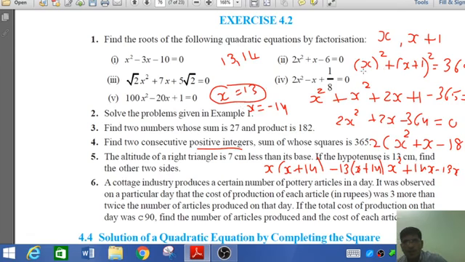Again I repeat, what are the two terms? The first term is x, the second term is x plus 1 because of positive integers. Now x whole square because of square, sum of the squares. So x whole square plus x plus 1 whole square is equal to 365. And we simplify, you will get again the same x square plus x minus 182. And if we factor, then the answer is 13 and minus 14. But positive integers are there. So 13 and next is 13 plus 1, that is 14. Now still one sum remains.